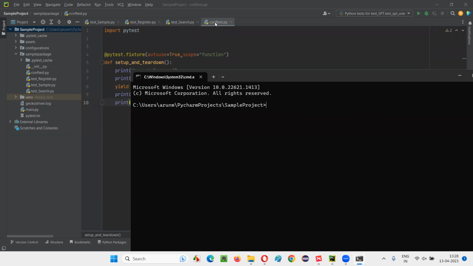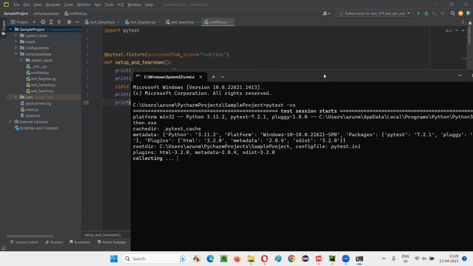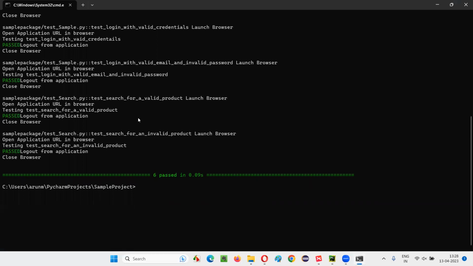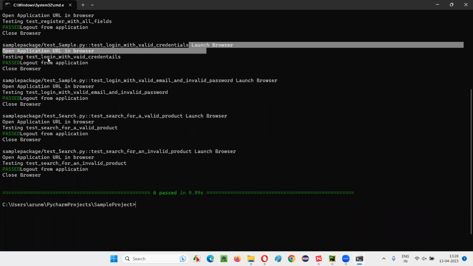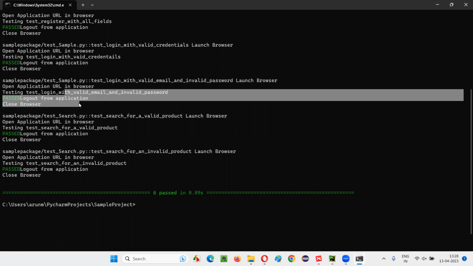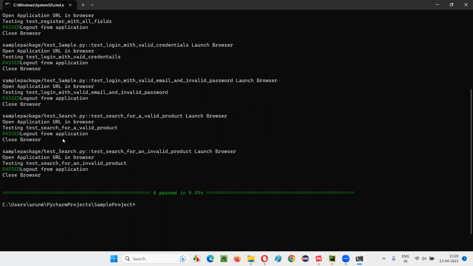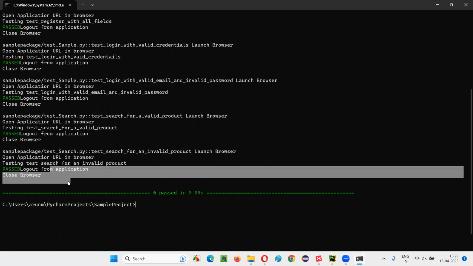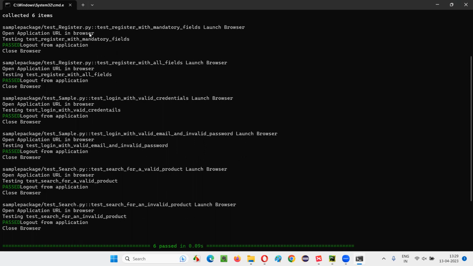So for every test, before the test, the setup code will run. After the test, in all these Python files, the tear down code will run. Okay, pytest -vs. Okay, that's it. pytest -vs, all the tests will run. Press enter. You see all the 6 out of 6 tests got run, and you see the setup code got run, then test got run, and then tear down. For every test method, setup code, test, and tear down. Like that, for every test method, setup code, test, and tear down got run,